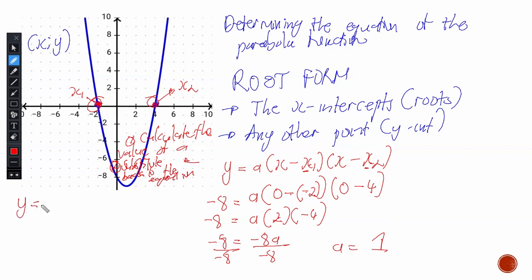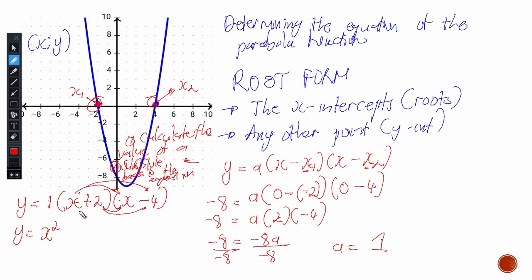So this is y is equals to, what's your value of A? It's 1. And then you leave the x and y as it is. So you substitute the root here, it was -2, so it's going to be +2, right? And then x -4. Now at this point, you can try to FOIL in here so that you end up with the standard form equation. What's x multiplied by x? Obviously, 1 multiplied by all of this will just end up being x plus 2. So now I have x plus x is x squared, right? So this is what I'm doing, foiling,